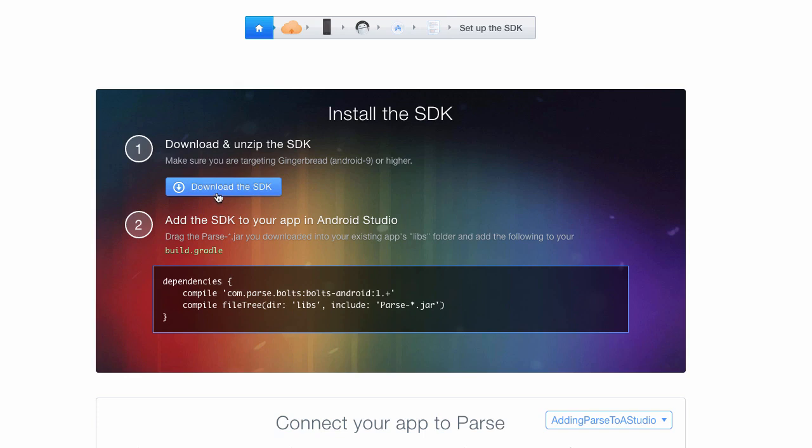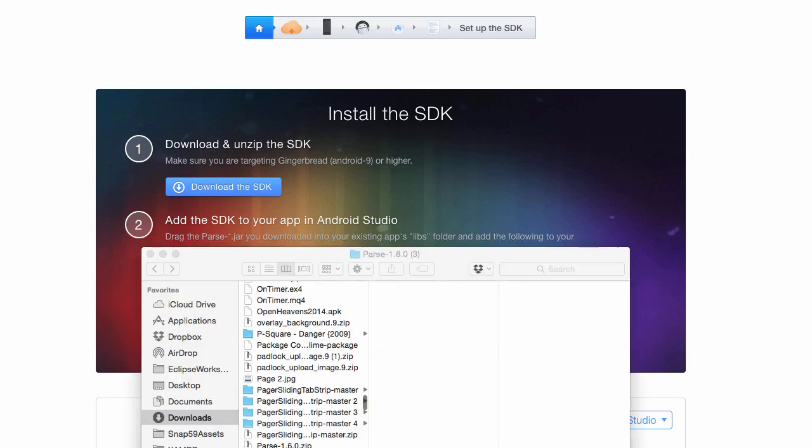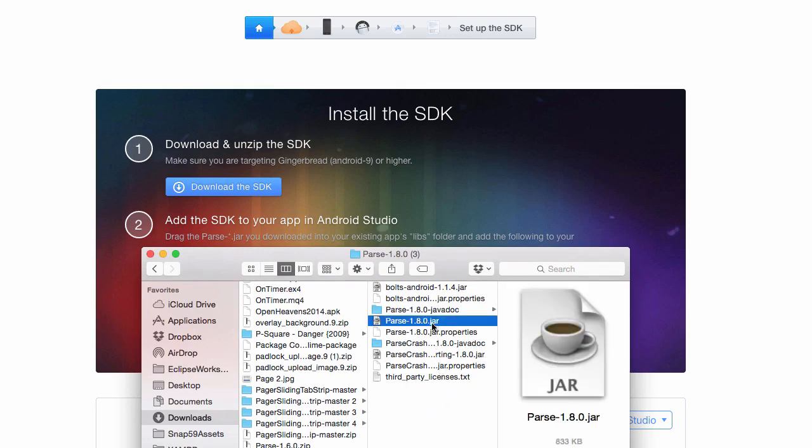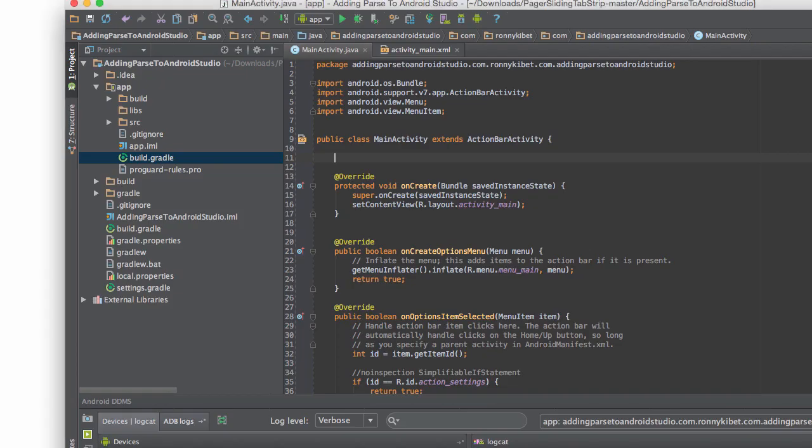Now, the first thing you want to do here is download the SDK, which I will do right now. And after the SDK is downloaded, unzip it. Once you unzip it, this is what you're looking for, the jar file. Head over to your Android Studio project,